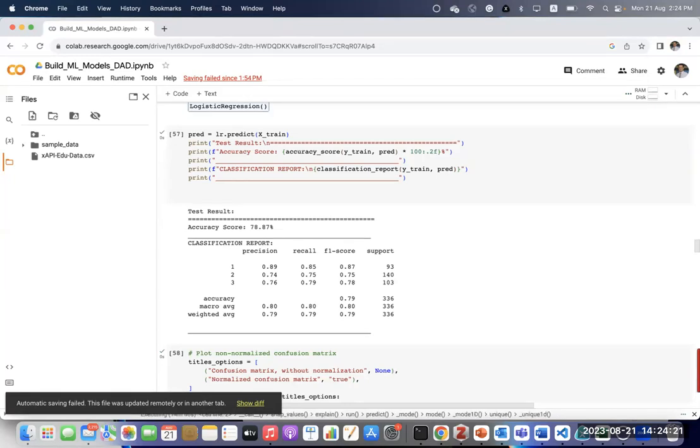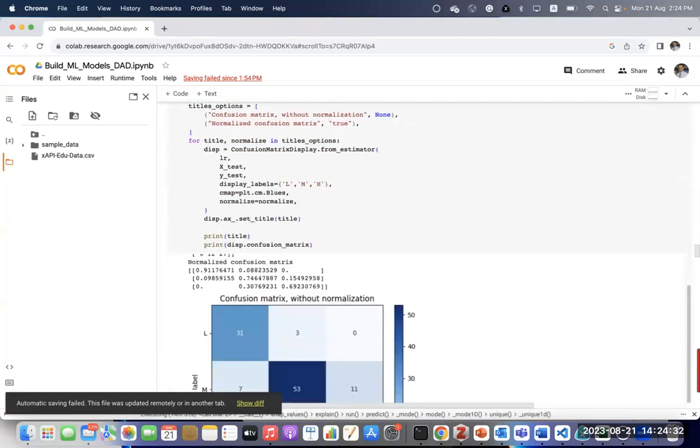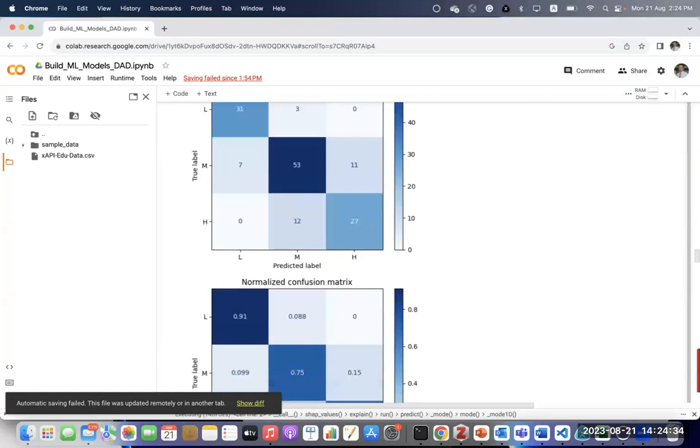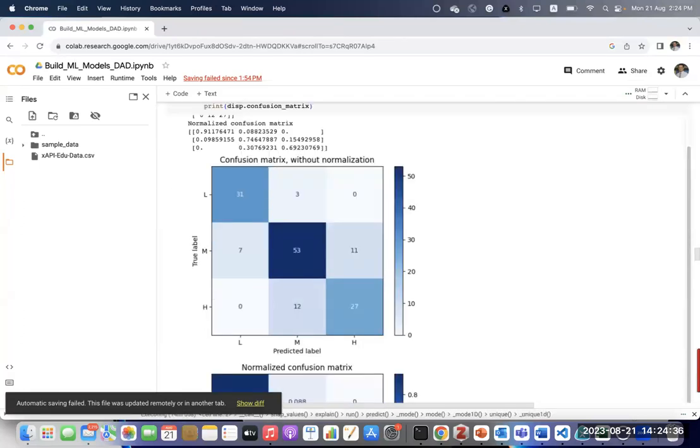Sorry, this is the precision, recall, and the confusion matrix. Here we can see how many instances were classified correctly.